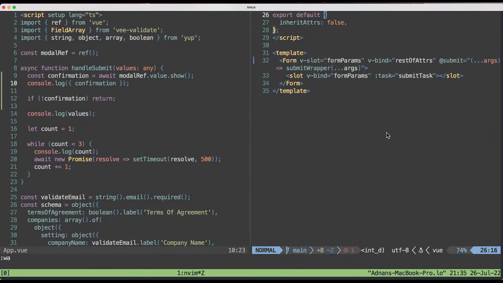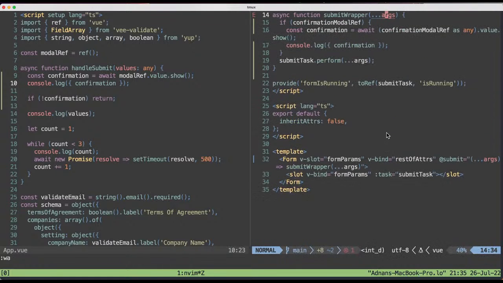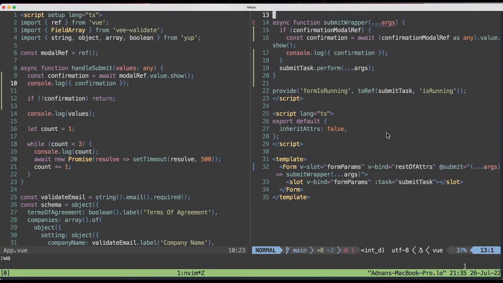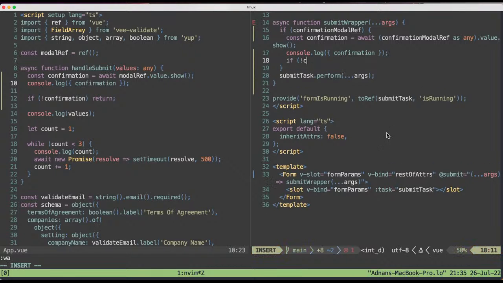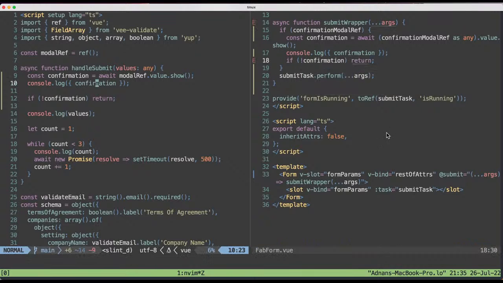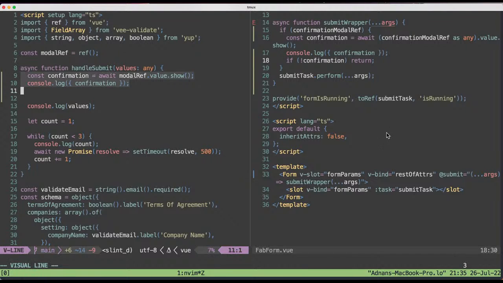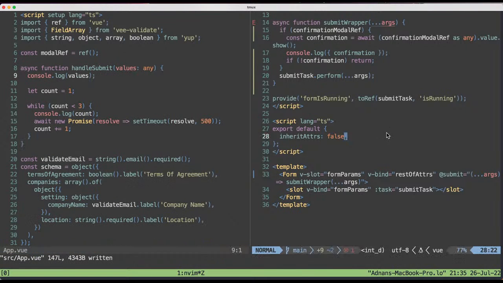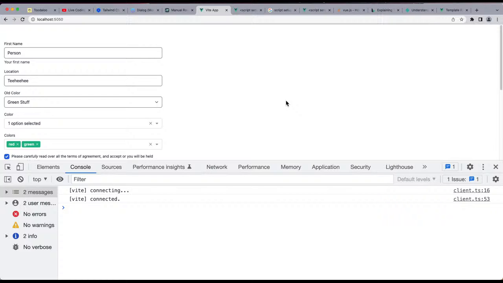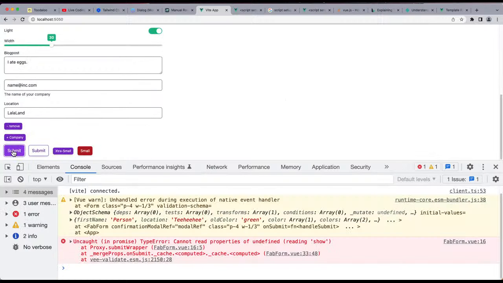So down here, we are running our submit wrapper. Our wrapper takes the args, and if not confirmation, then return, like don't run it. And I can get rid of that from here and here. So now, theoretically, if I submit,